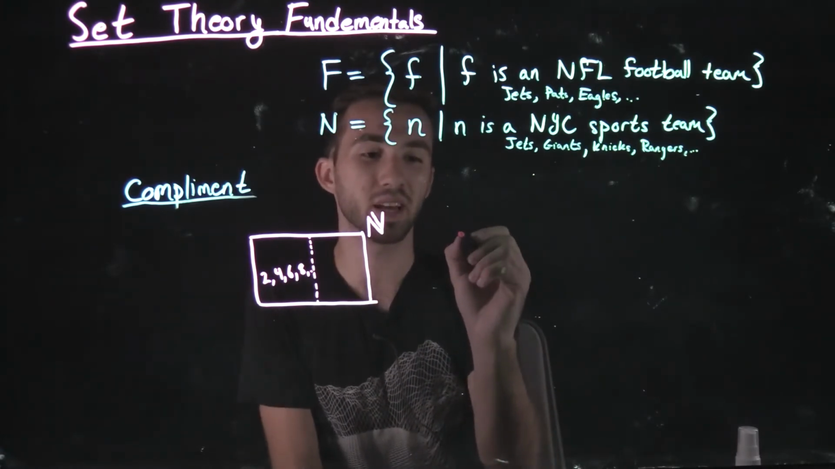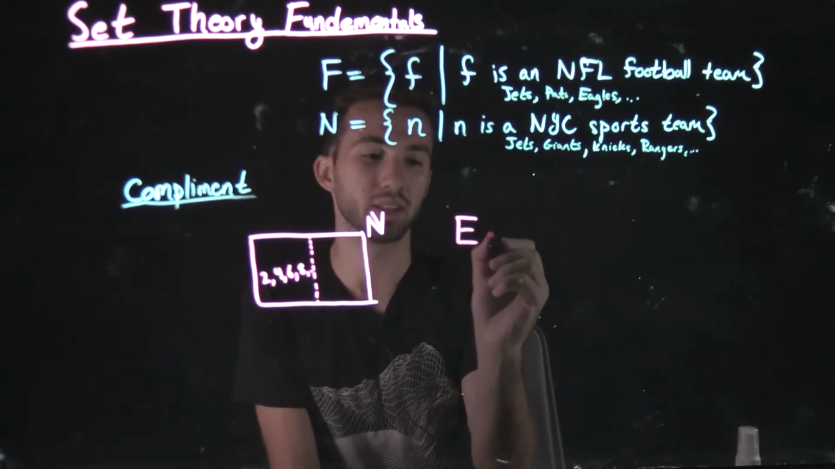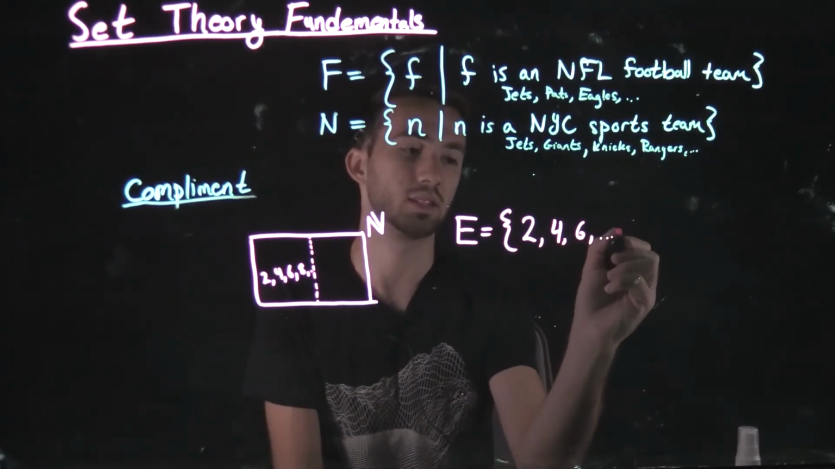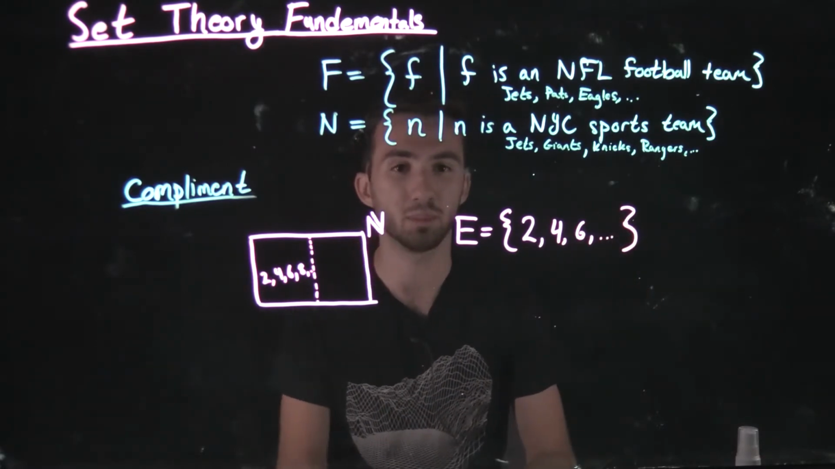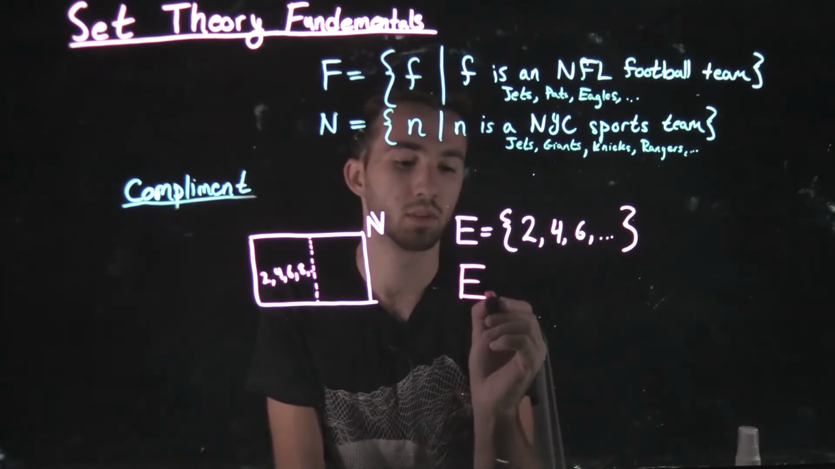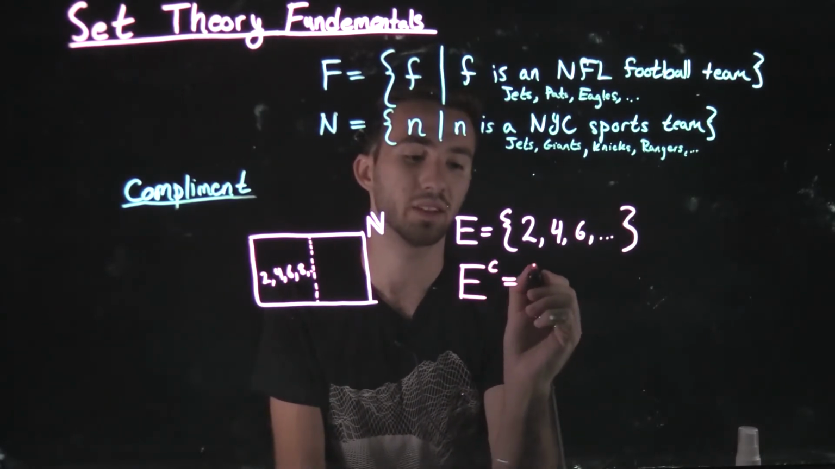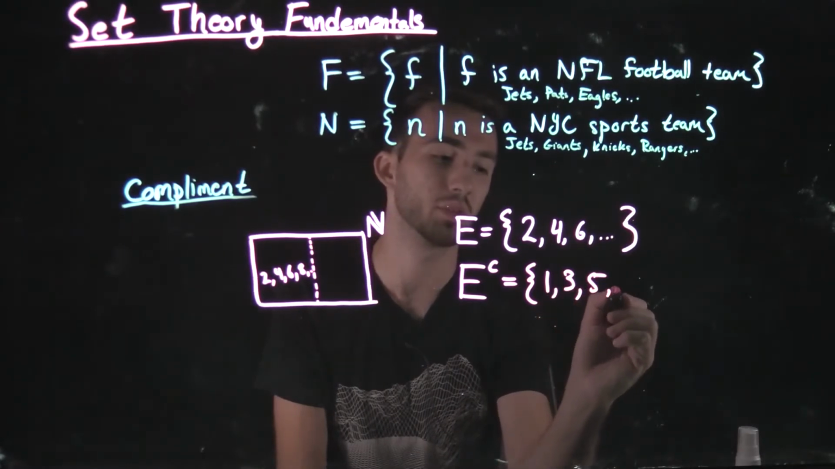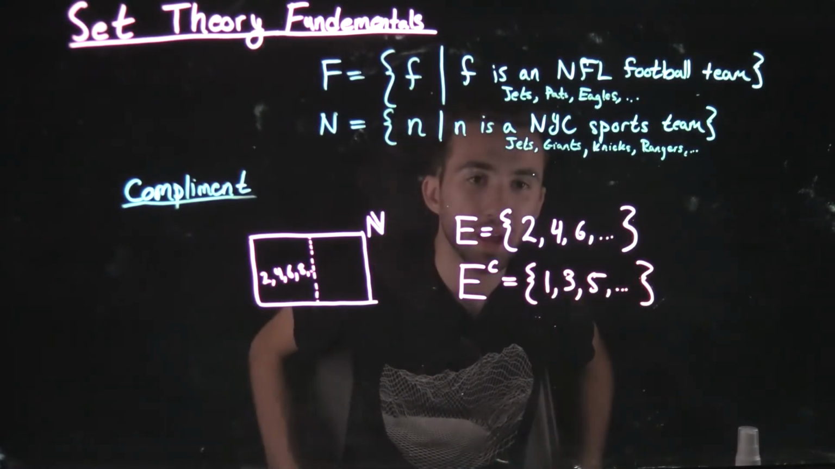And let's say we have the set of even numbers. I'm going to write that as E. 2, 4, 6, ... We have the set of even numbers. Now what is the complement of this set? The complement of this set is the set of odd numbers. 1, 3, 5, ... But we don't have,